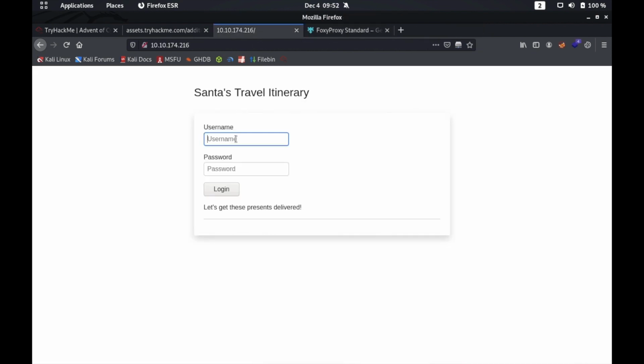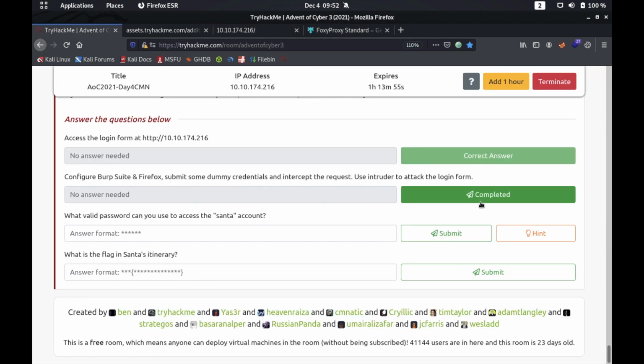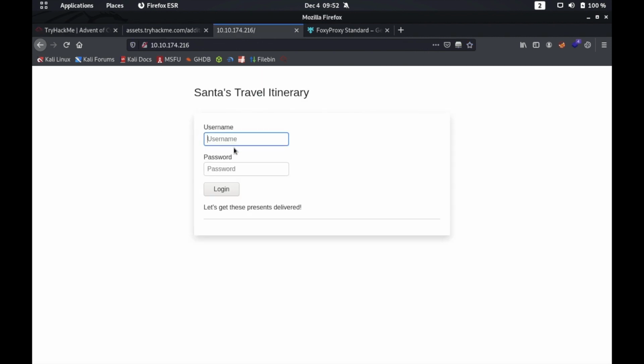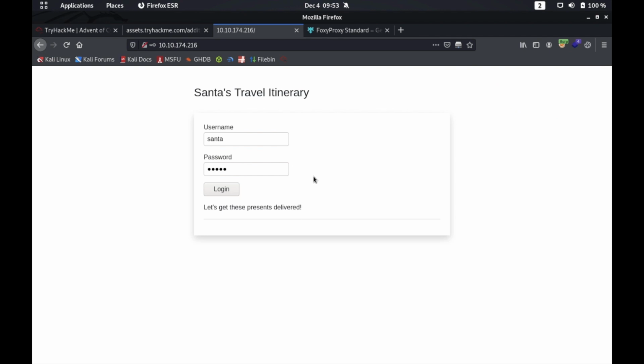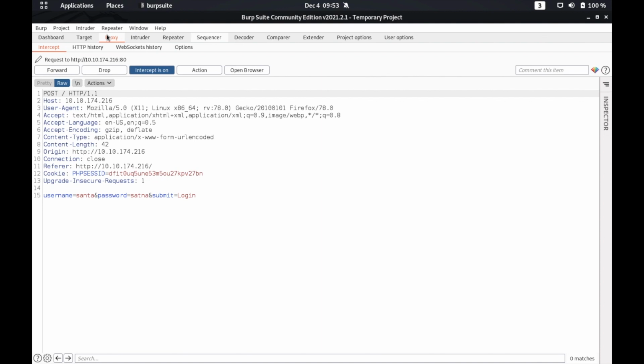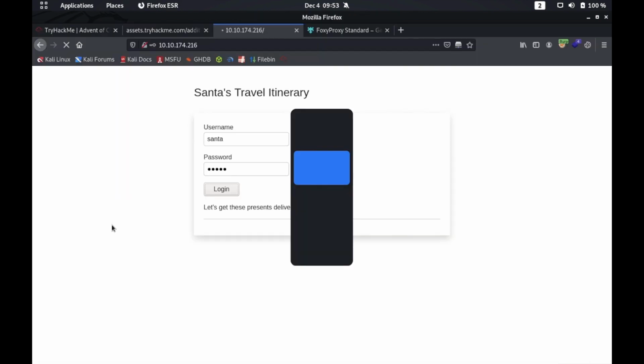Now let's try to create a request on Burp Suite with a page where we are logging in. It has already been mentioned in the question that one of the usernames is Santa. So you can type Santa and the password, maybe it is Santa, so just typing Santa, anything, and then click right here, click on burp so that burp can access when you press login. Click on login and after that you can see the burp has already loaded it here. Now this request is what actually happens behind the scenes of this page.